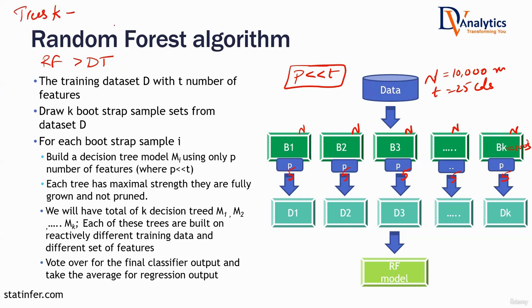What happens, let's say in this example, what if I choose K equal to 3? I'm building 1, 2, 3 trees only. Can you tell me what will happen in the same example? If I choose K as a very small number, what is the risk? Shortage of data. Maybe you will pick 5 columns here, 5 columns here, 5 columns here. Max to max, how many columns you will consider for model building? Out of 25, max to max 15 only. Do you think considering only 15 out of 25 is going to give you great accuracy? If your K is a very small number, what will happen automatically? Are you going to get an error that you cannot build the model, or the model will be built?